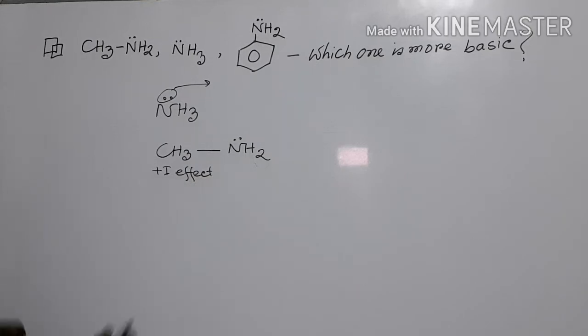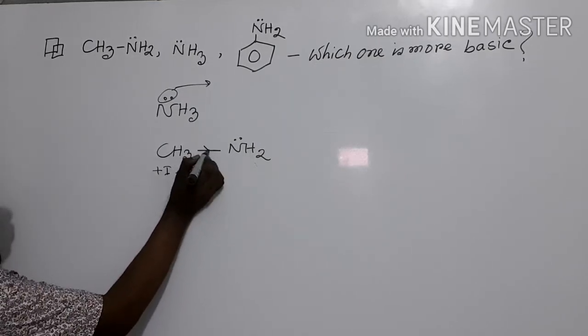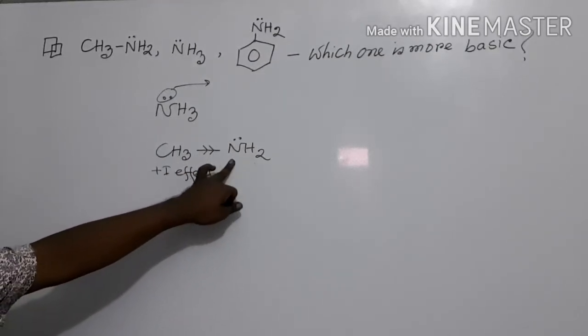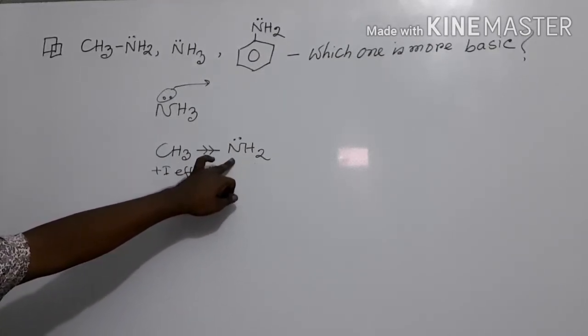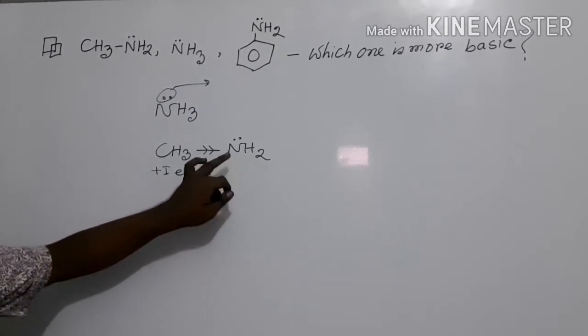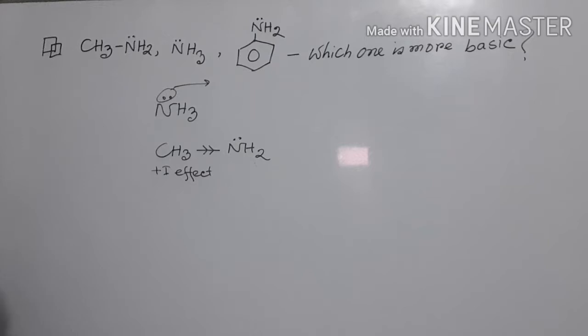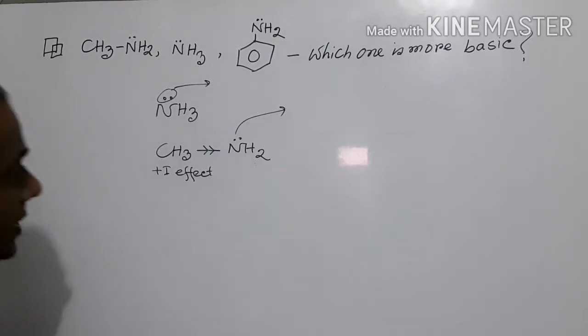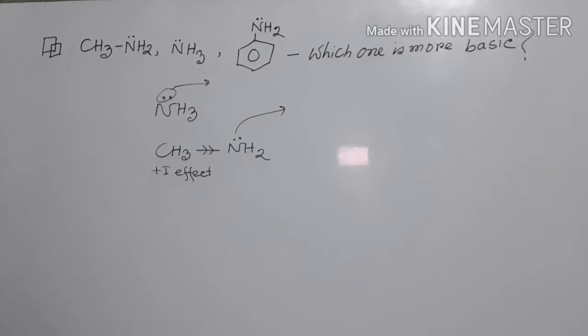That's why this methyl group pushes electrons towards the nitrogen atom, and that's why the electron density of the nitrogen atom increases and it can easily donate lone pair electrons. But in aniline,